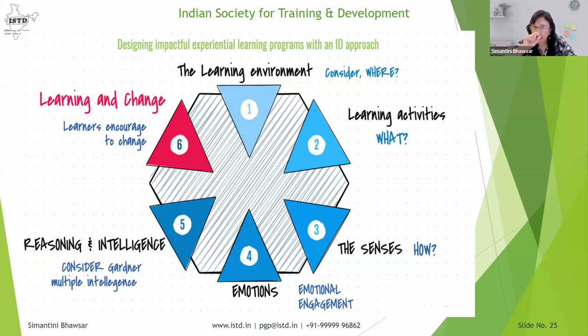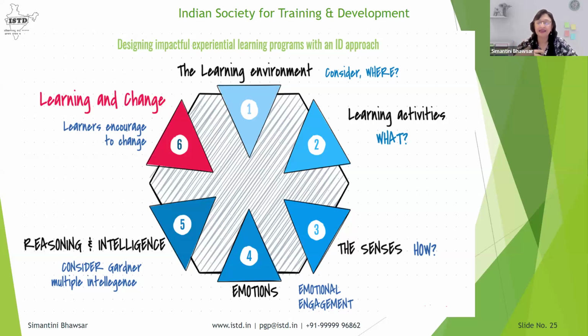What Beard has added is that all these items, all these principles or all the frameworks that he has added, they are flexible. And this is where he's used the metaphor, the learning combination lock. To open a lock, we have to have a perfect combination. Similarly, for our activity to work, we have to have a perfect combination of